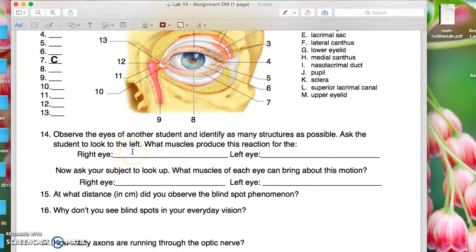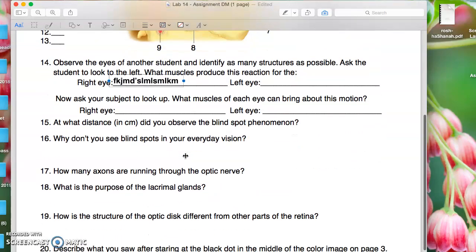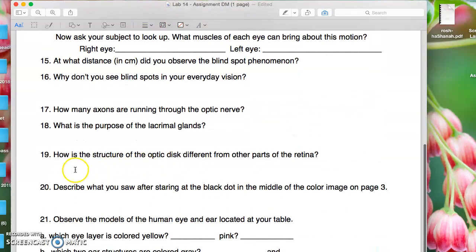Again, right here, what muscles produce this reaction for the right eye or left eye. And so you can, again, just type in whatever it is. And so when you're finished typing in your answers, again, this would be a text box. Click on the T for text box. Move it where you want it. If you're going to have a long answer, you just drag the corner of it, pull it out, and type